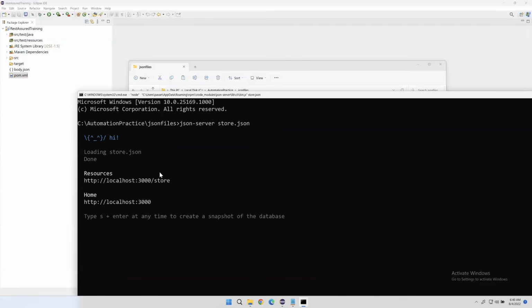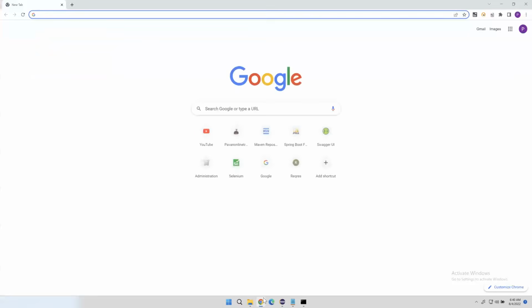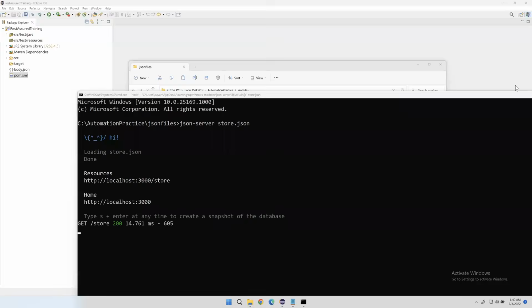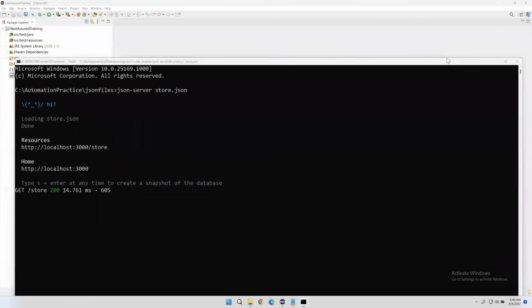Now, when you ping this URL, this will give you all the books which are available in my file or database. So you can browse this in the Postman tool also, or else you can browse this in any browser. This will give you data in JSON format. So let me show you. You can post this as a GET request in Postman also. So now you can see this is the data, this is the response we got. This is purely JSON format. Okay, so now we'll see how we can validate the JSON response